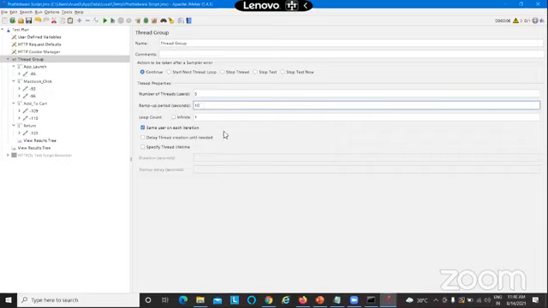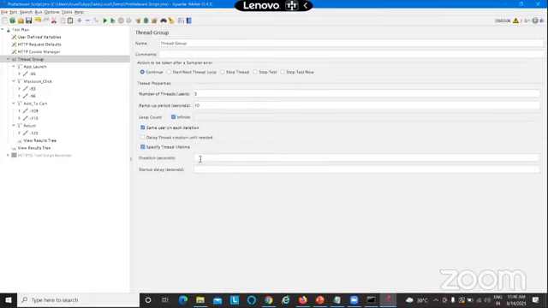Okay. And duration you can give in different ways. The first one is iteration, loop count. You don't know how much time you want to execute, but you want to run the script for 100 iterations or 1,000 iterations. You put the iterations count here. And if you want to define a specific time, you check the infinite checkbox, and you check this specify thread lifetime, and you put some 120 seconds here. That means 2 minutes. It reads in seconds.